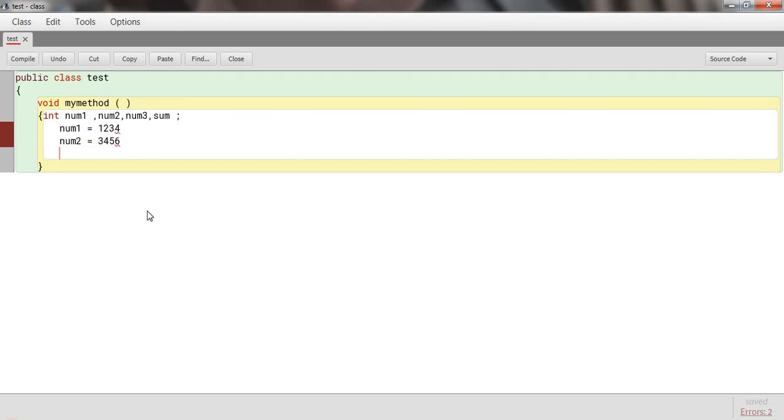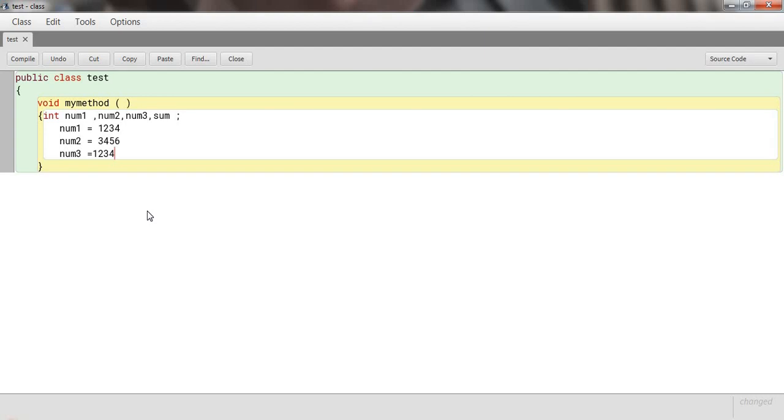Now we have to put the value for num3. Num3 is equal to, you can put any random numbers for the values. I'll put again 1, 2, 3, 4.